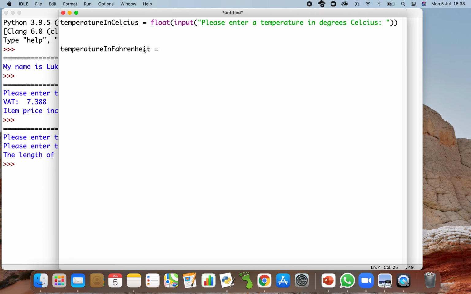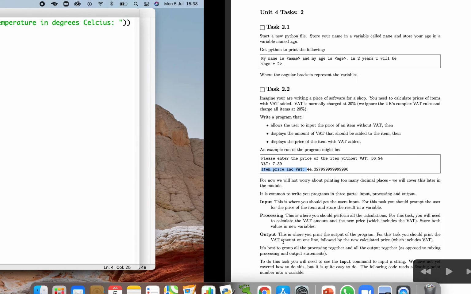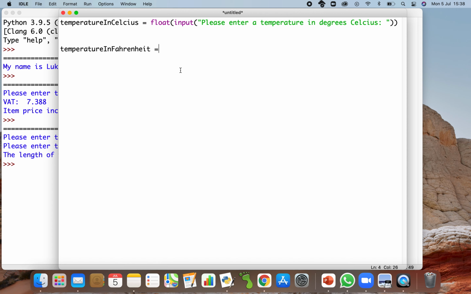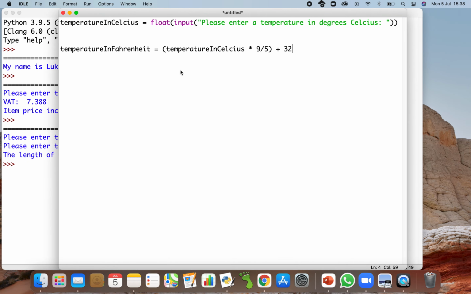So our temperature in Fahrenheit, we need to look at this equation, is our temperature in degrees Celsius times 9/5 plus 32. Okay, so we're going to have open bracket, temperature in Celsius multiplied by 9/5. And then what do we do with that? We add 32, plus 32. Okay, and then we're going to print out